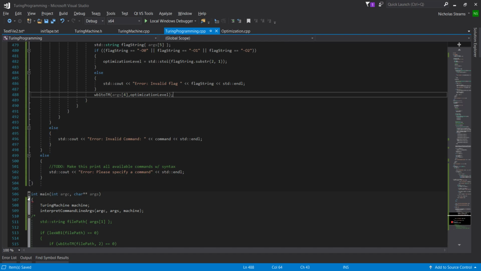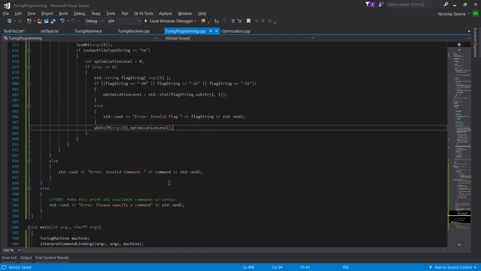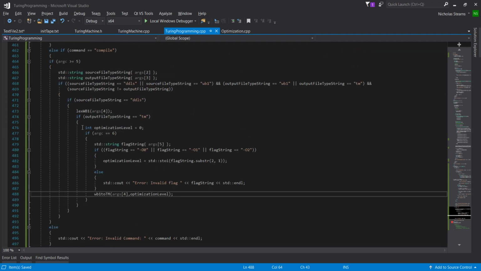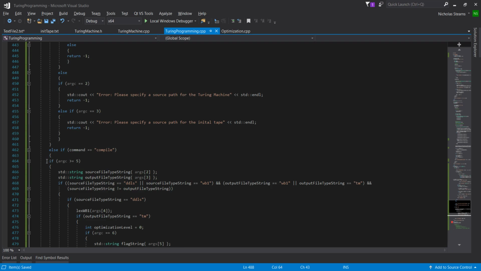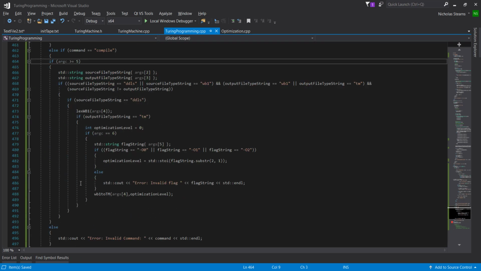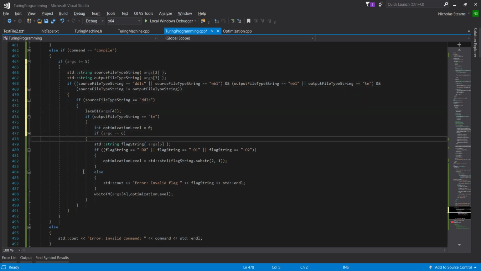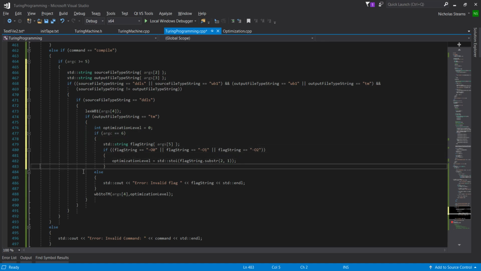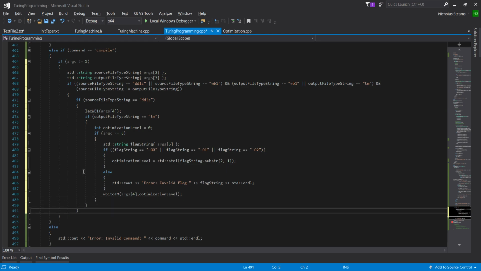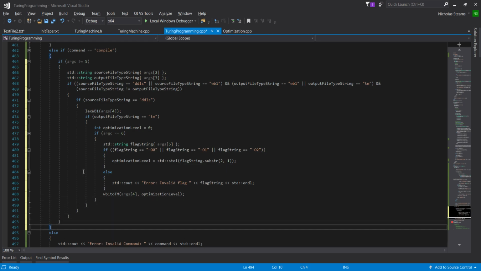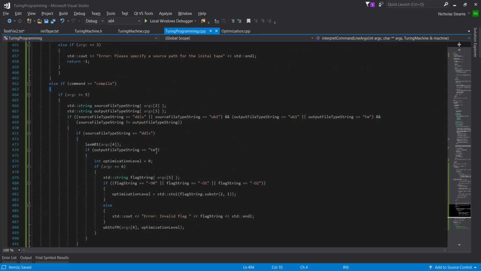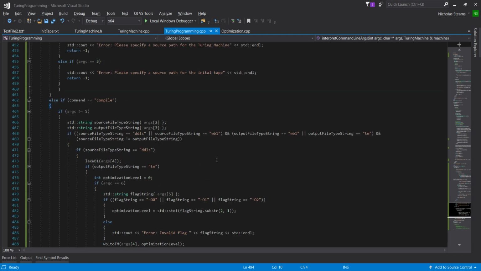And since I have an error here, it's weird. Do I have a missing parenthesis? Oh, here we are. Yeah. That should be in there. Yeah. Okay, and that should be it. I believe that takes care of all of our